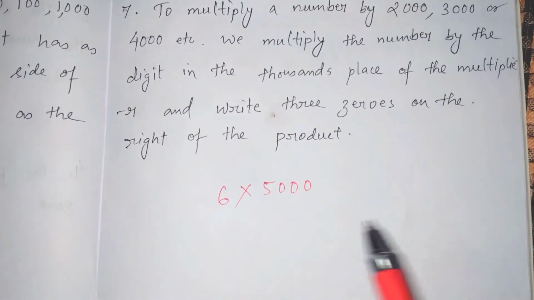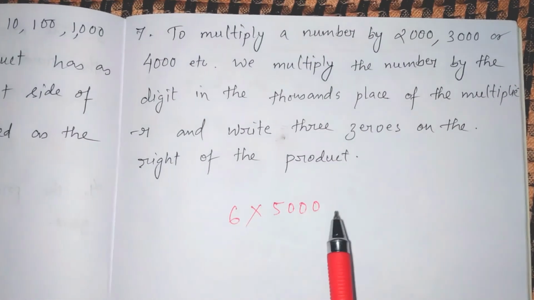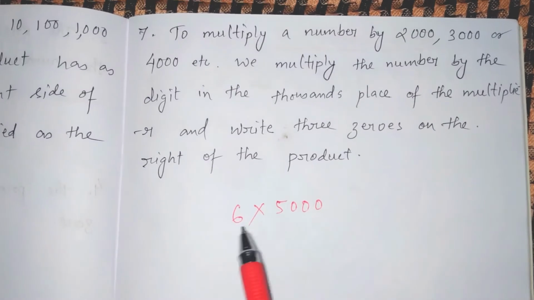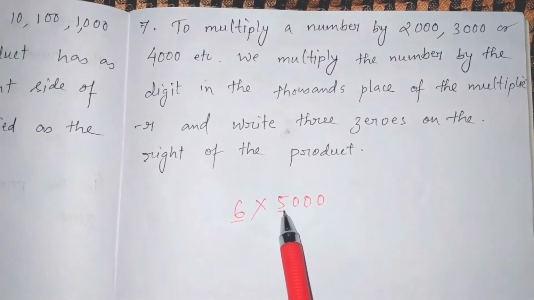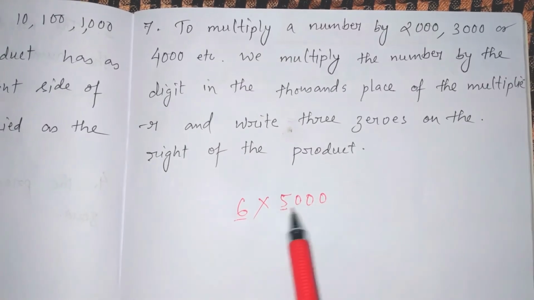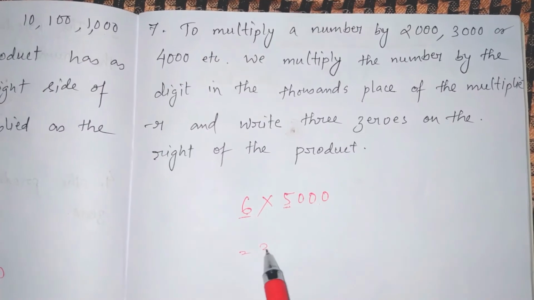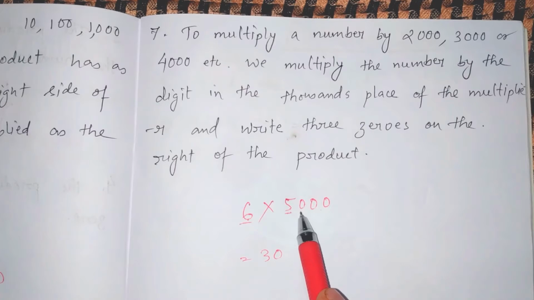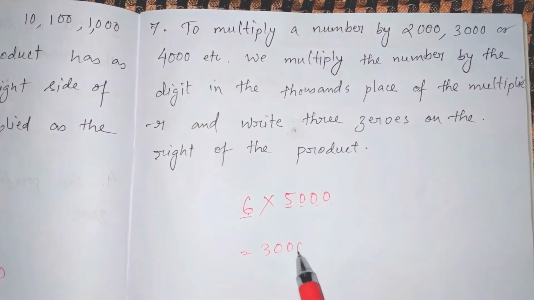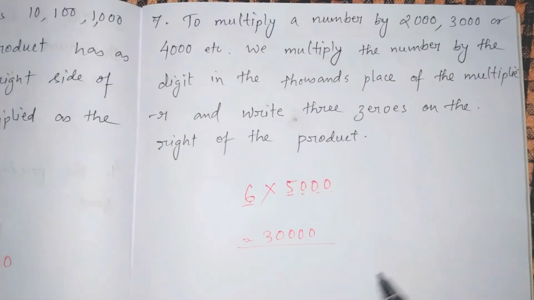So this seems like a very big one, but no worry, you just need to multiply this number with the first digit of the large number. So 5 into 6 is 30, and how many zeros do you have after this 5? 1, 2, 3. I will add 3 zeros there. So you see, pretty easy, isn't it? So I'll take another example. I'll take a big number.